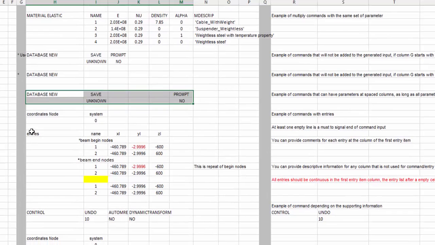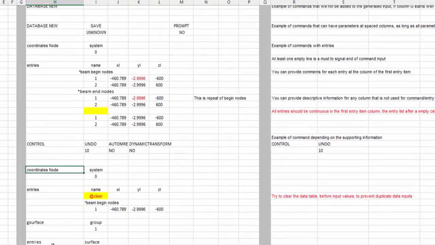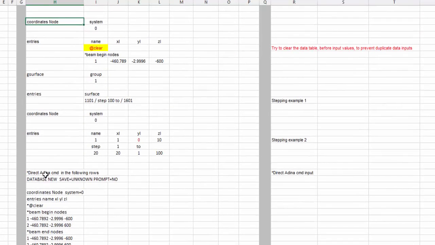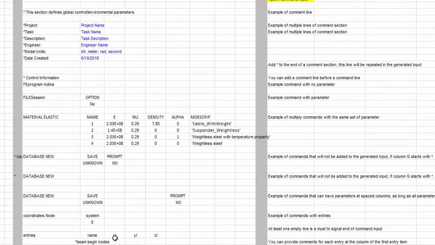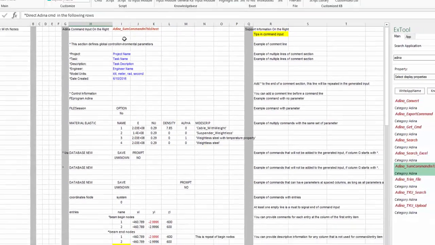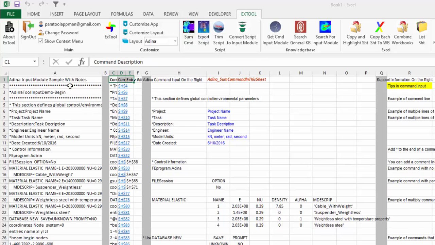And all the parameters don't have to be continuous, as long as they are in the same row. And for entries as well, but you have to be continuous column-wise to be in the same command. And you can directly copy the GUI-exported script into it, and it will be recognized as a valid input. So after you prepare the information in this template within these columns G and Q,